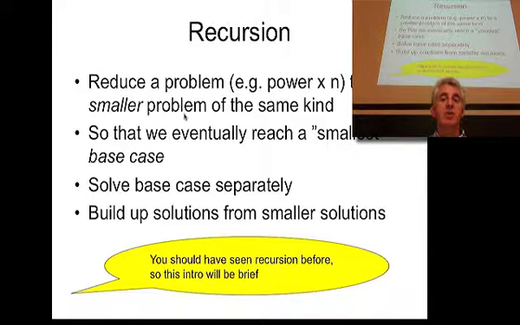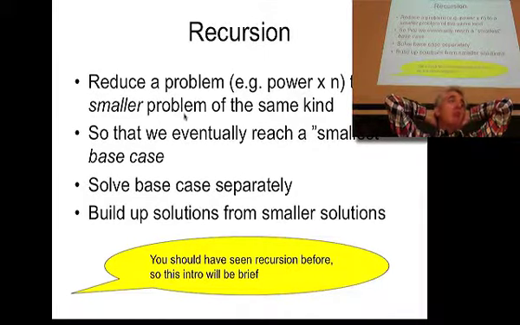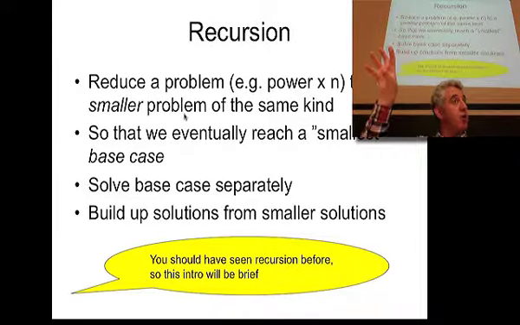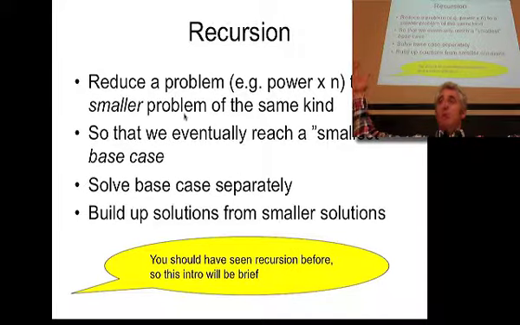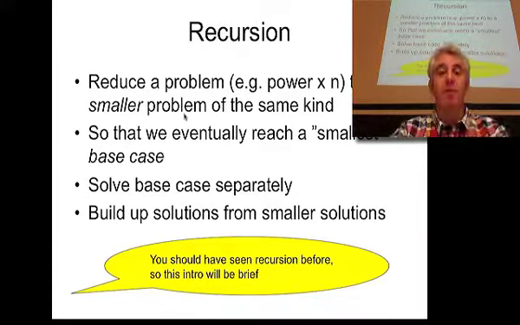The way that recursion works, just as a reminder, is that you take a big problem and you reduce it to a smaller problem. The reason why it works is because you have something that will stop you going on forever. There will be a base case, in some smallest problem instance, which you immediately know how to solve. In the case of the power function, it was the case when the exponent was 0, we know that the answer is 1. And for all other sensible cases, we reduce the problem of solving the bigger problem into one of combining what we know with the solution to the slightly smaller problem.